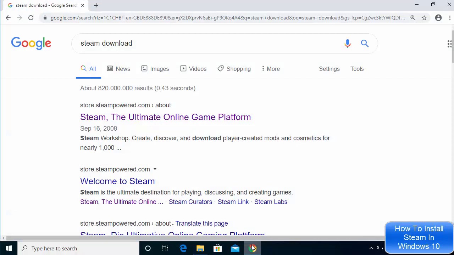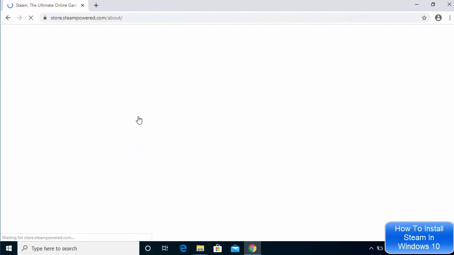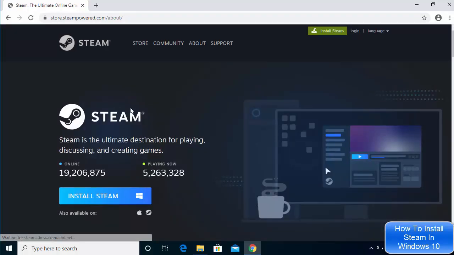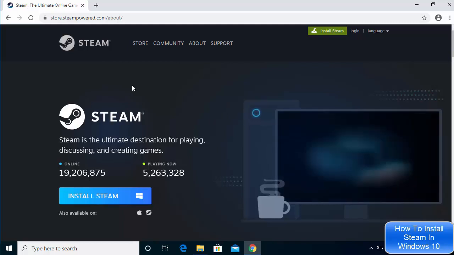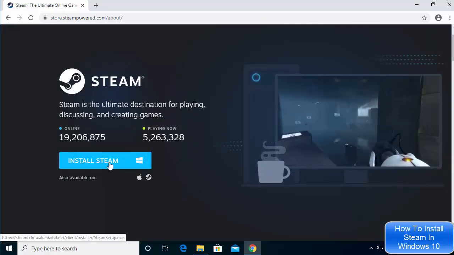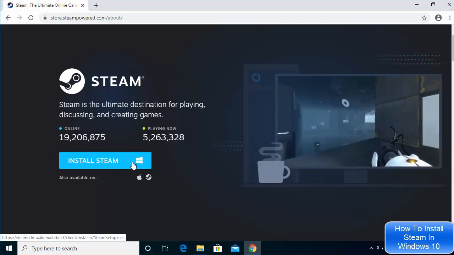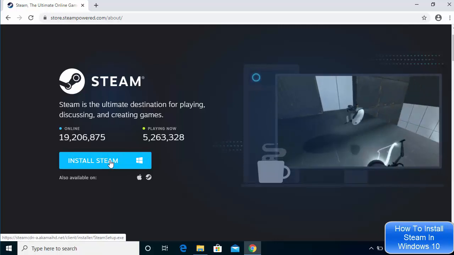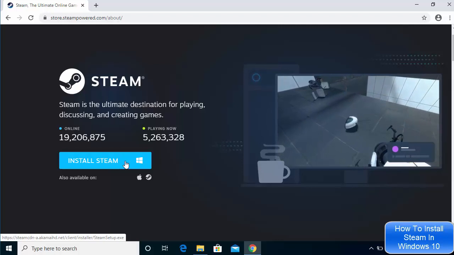So just open your favorite browser and search for Steam download. And the first link which will appear here will be from steampowered.com, which is the official website for Steam. So I'm going to click on this website, and once I am inside this website, you will be able to see directly this download button for Windows operating system. So you just need to click on the install Steam button,